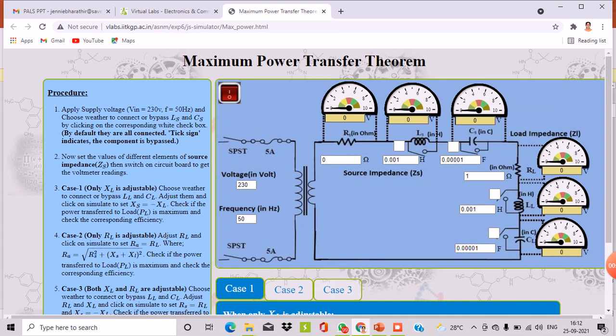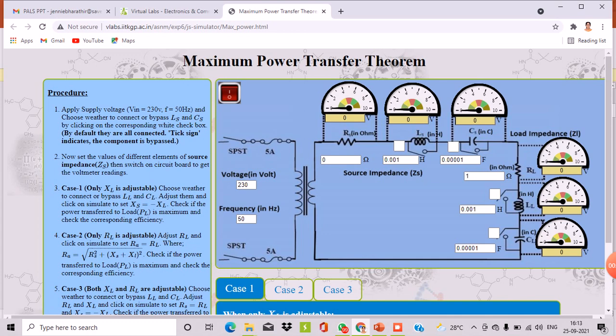Before getting into the simulation, we'll set the values of LS, CS, and in the same way choose the values of RL, LL, and CL. I assume that the reactance values of the source, LS and CS, are equal to the reactance values connected to the load end.